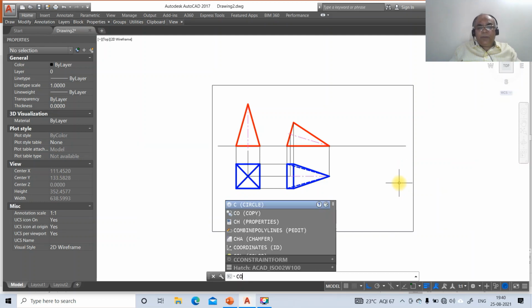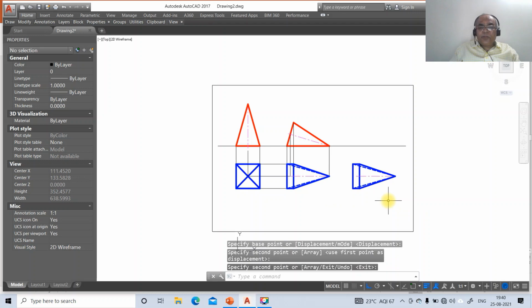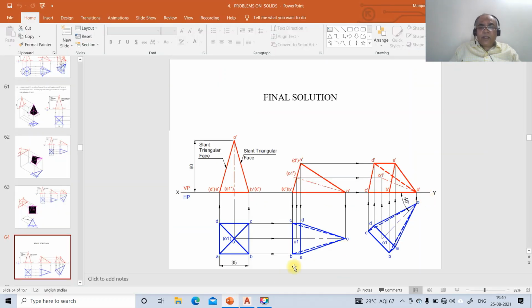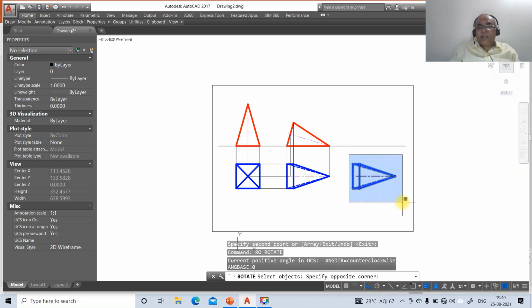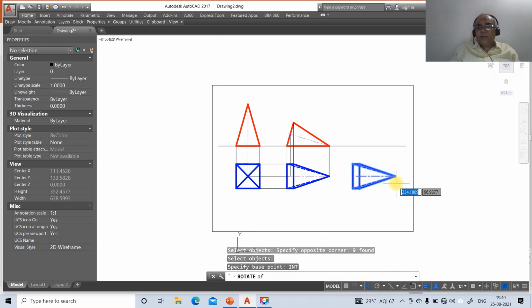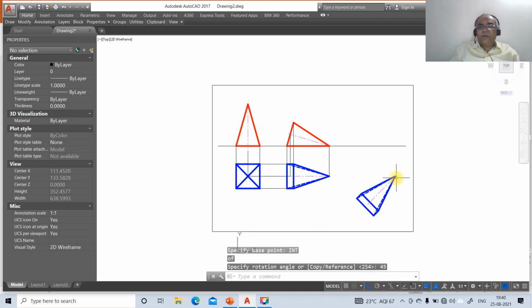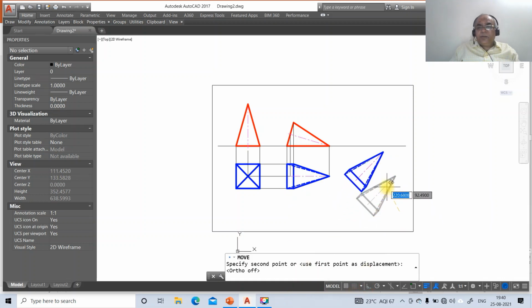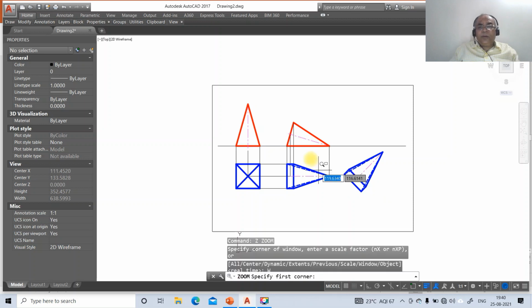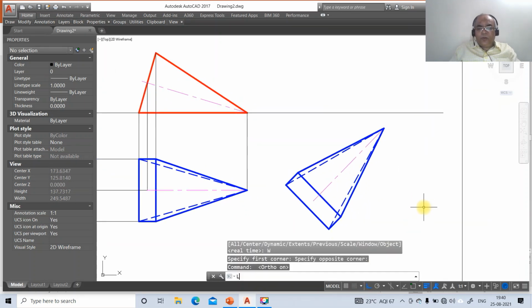Now you just go to copy, select this entire thing and copy this to the next position, and then you rotate by an angle of 45 degrees. Then go to rotate, select this entire thing, go to INT of this. Rotation angle in counterclockwise direction is positive, so 45 degrees. Then go to move previous and take it nearer here. So once you do that, then go to zoom window, select this, then click on switch off the ortho mode.